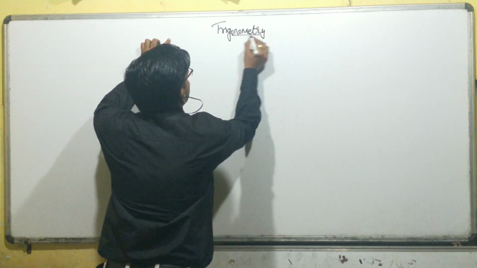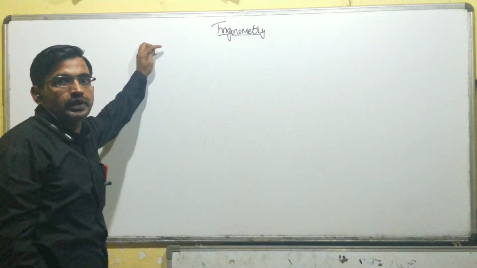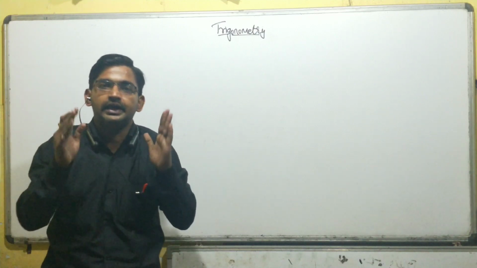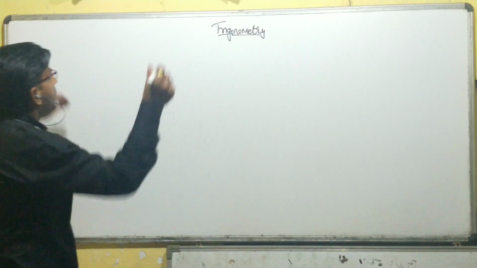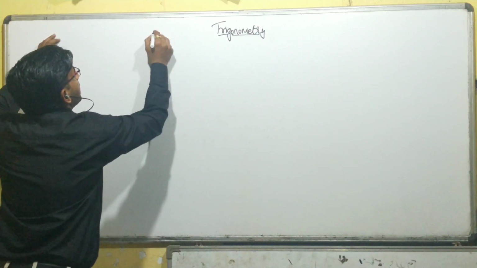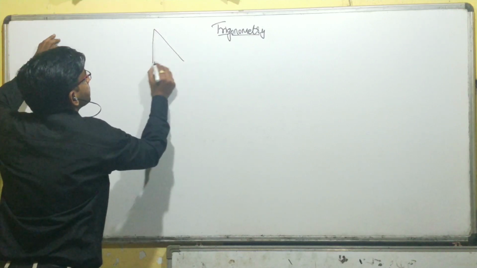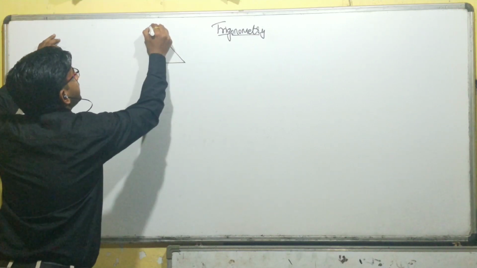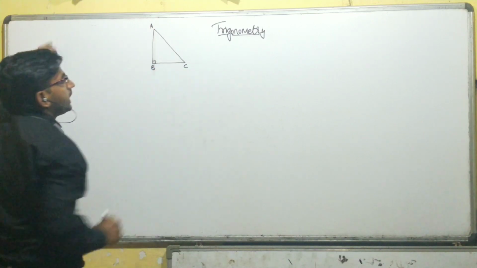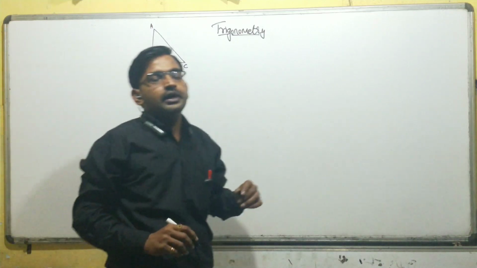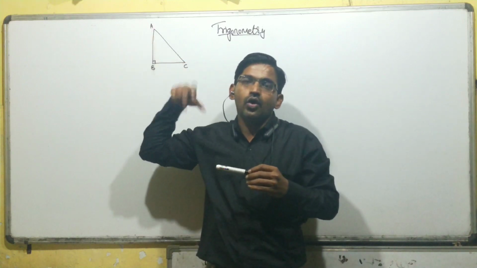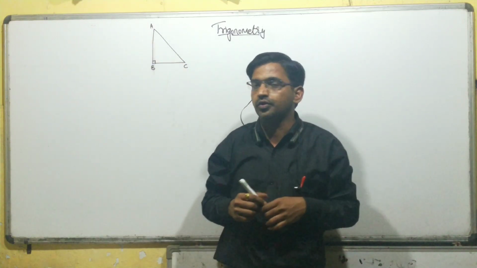This is trigonometry, and you all know that if we are solving any sums in trigonometry, we always need a right angle triangle. So assume that we have a right angle triangle. We name it A, B, C. This is 90 degrees. Here the case arises that sometimes we'll get the angle also.